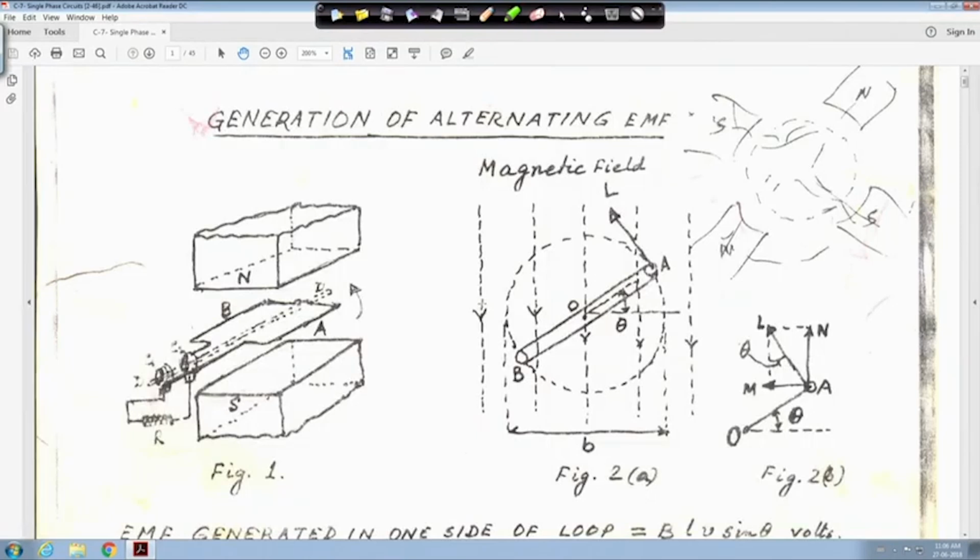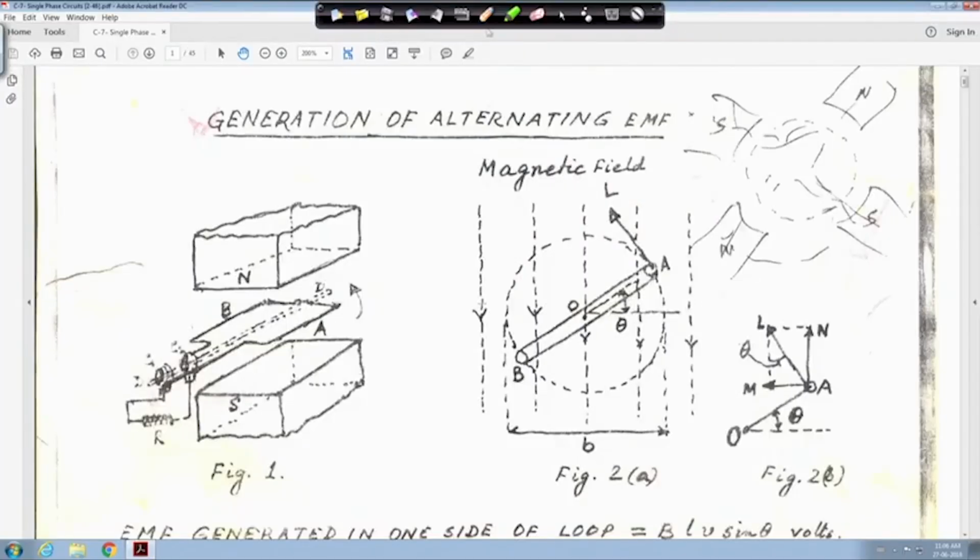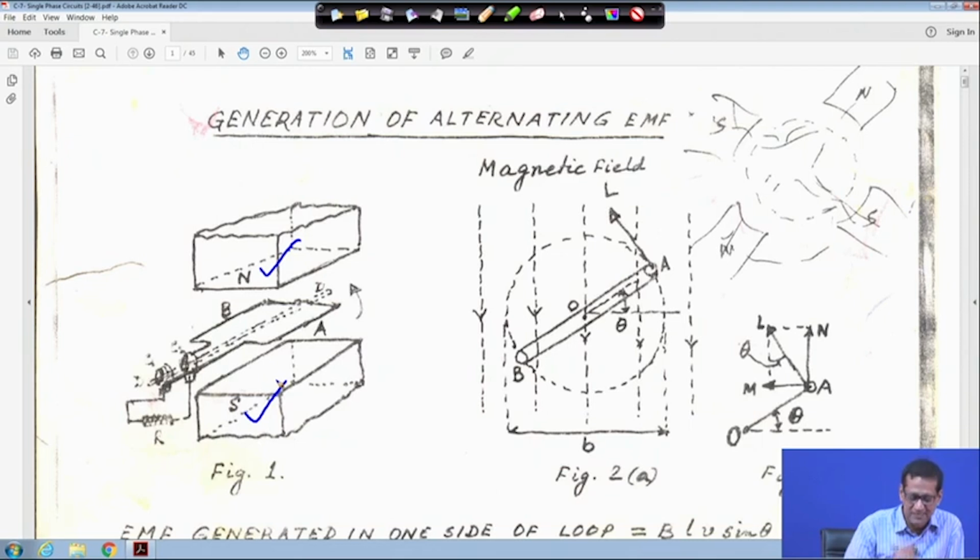So, first we'll start with the single phase AC circuit, right. Before starting with the single phase AC circuit, what we have to see is how EMF is generated, a little bit of basic ideas, before giving mathematics and other things. For example, suppose you have two magnetic poles, this is your N pole and this is your S pole, right, and one coil is there, this is one side of the coil, this is the other side of the coil, this is side A and this is side B, and by some means, called the prime mover,